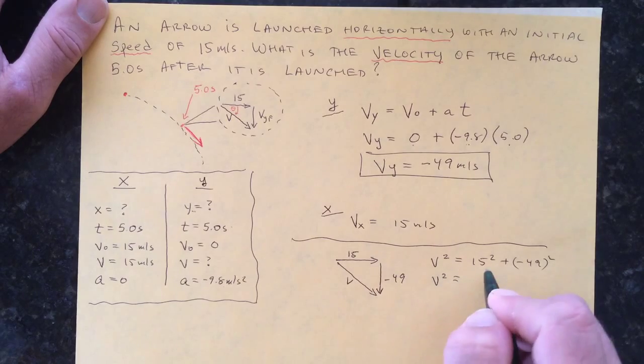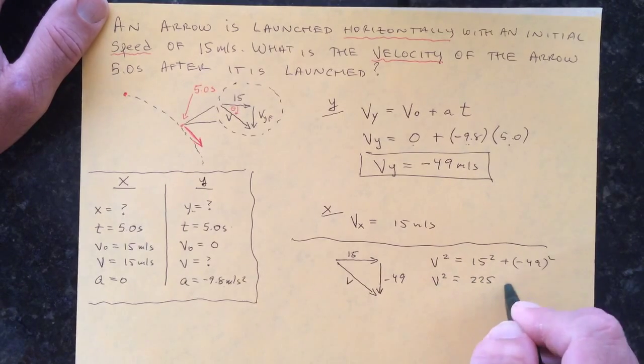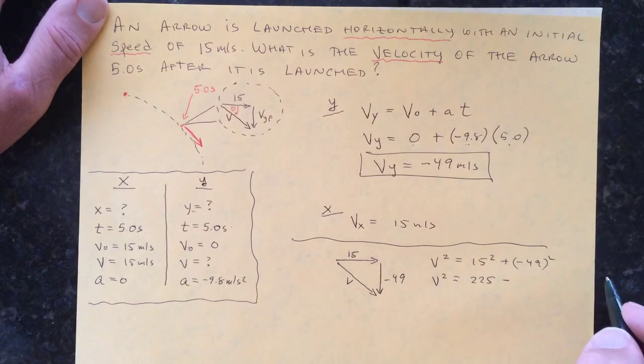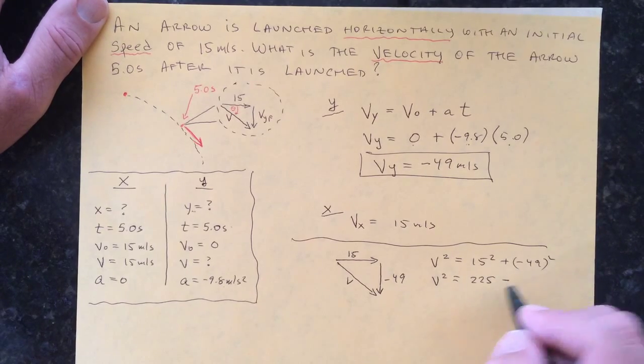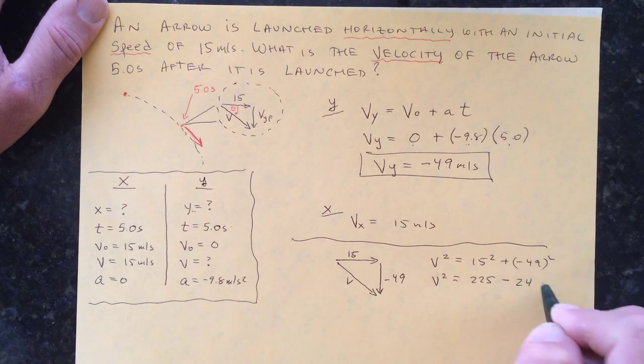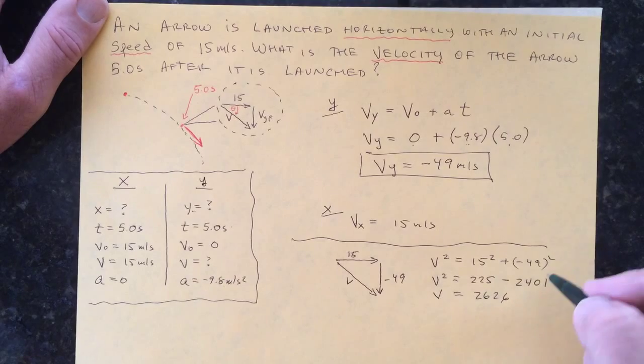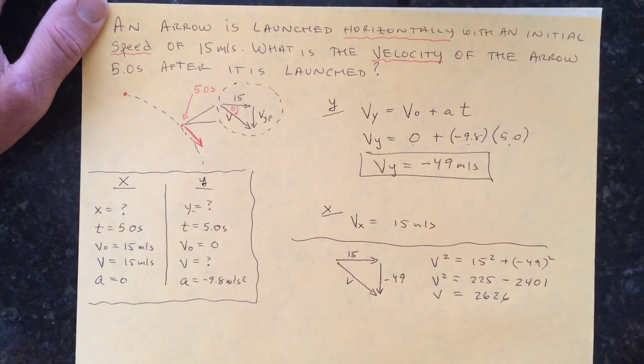So v squared is equal to 15 squared is 225, and this will be plus 49 squared, which is 2,401. So if we add that, 2626. I'm carrying extra significant digits as I do this. That's v squared. So take the square root of 2626,